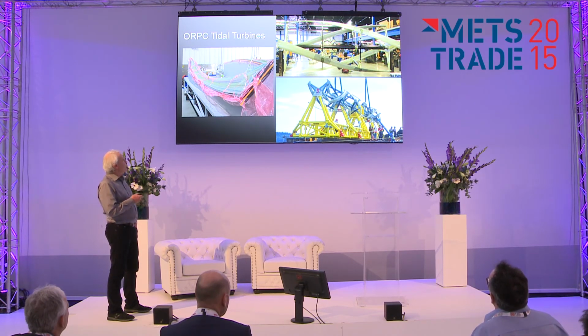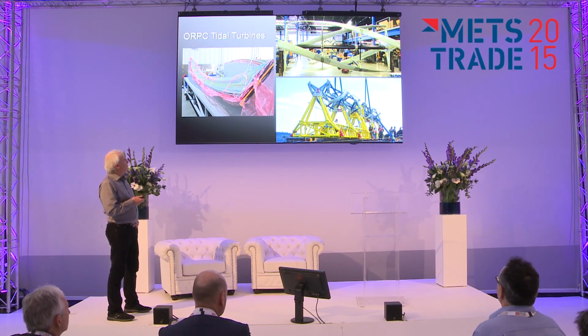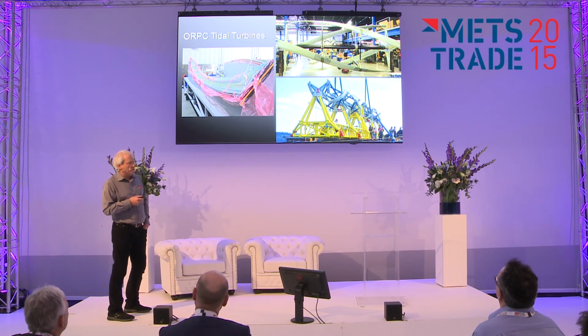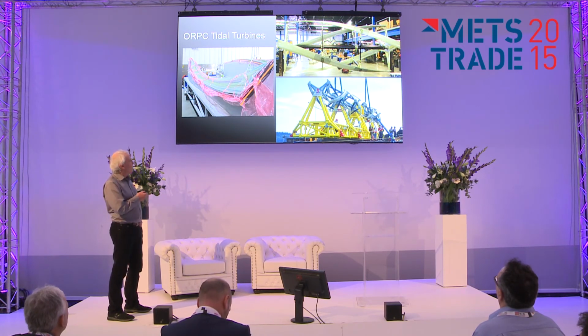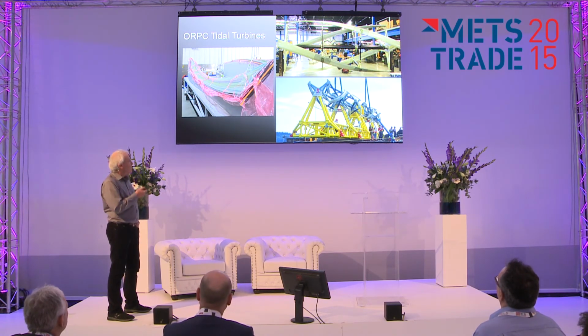As we said before, corrosion resistant. You don't have to worry about that. And it really makes a good product. This particular thing is meant to be used in the Bay of Fundy, and it's operating with current. In other words, no matter where the flow is going, these are always going in the same direction. And